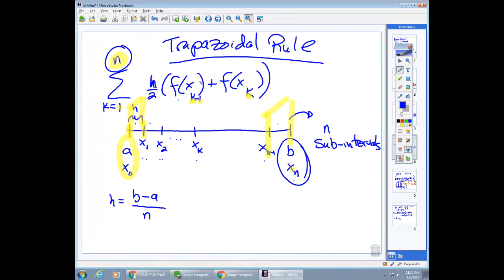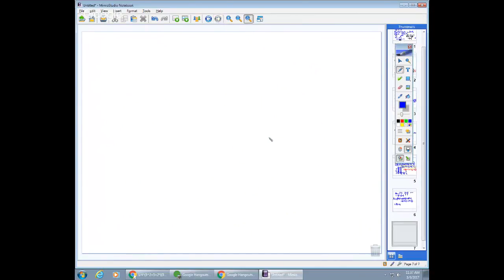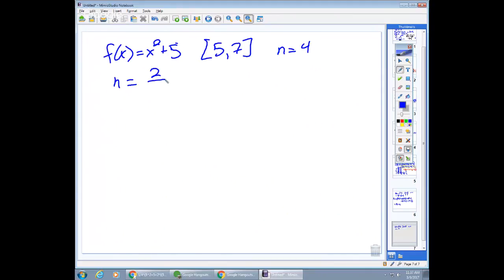So to do the Riemann sum, I have to be able to describe each x value. So let me try to do that. New page here. So I'm sticking with the same exact problem, I'm just going to write it down different. f of x equals x squared plus 5 on the interval from 5 to 7, n equals 4. So h, remember, is the width, which is 2 divided by n. So in this case, 2 over 4 or 1/2 is what I'm jumping through by. I'm starting